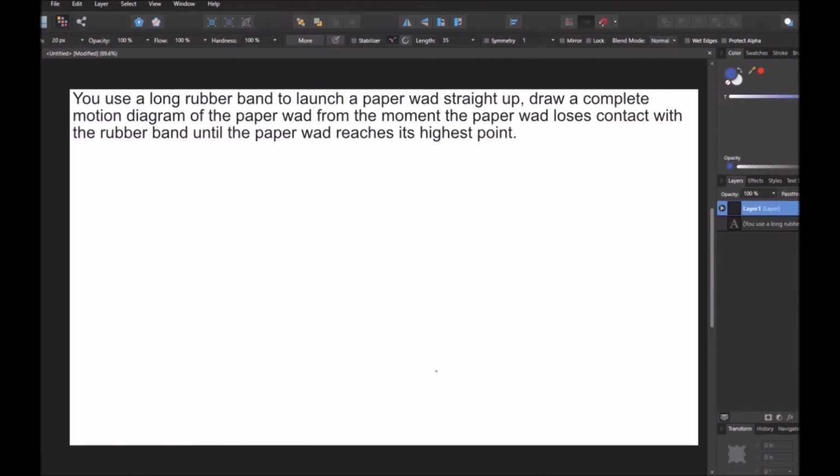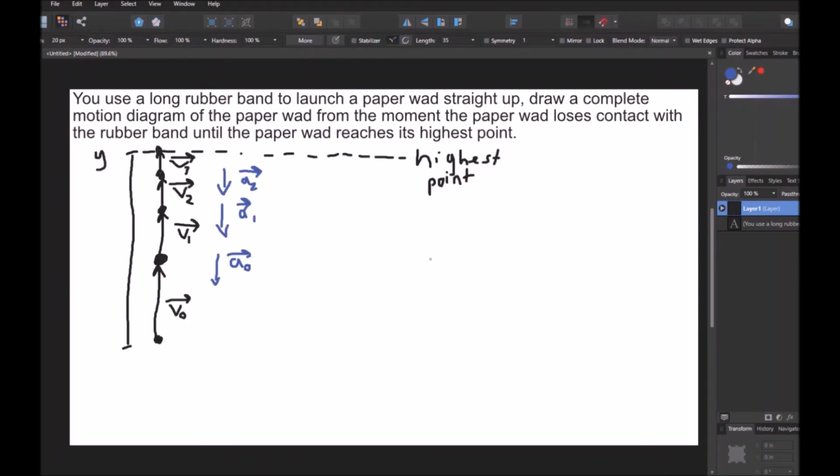Okay, so in this question we're told that you use a long rubber band to launch a paper wad straight up, and we're asked to draw a complete motion diagram of the paper wad from the moment the paper wad loses contact with the rubber band until the paper wad reaches its highest point. So this is what I have. I have this axis here, which indicates that the paper wad is moving along the y-axis, which is for up and down motion, for vertical motion. And then I have this point here being the point when the paper wad loses contact